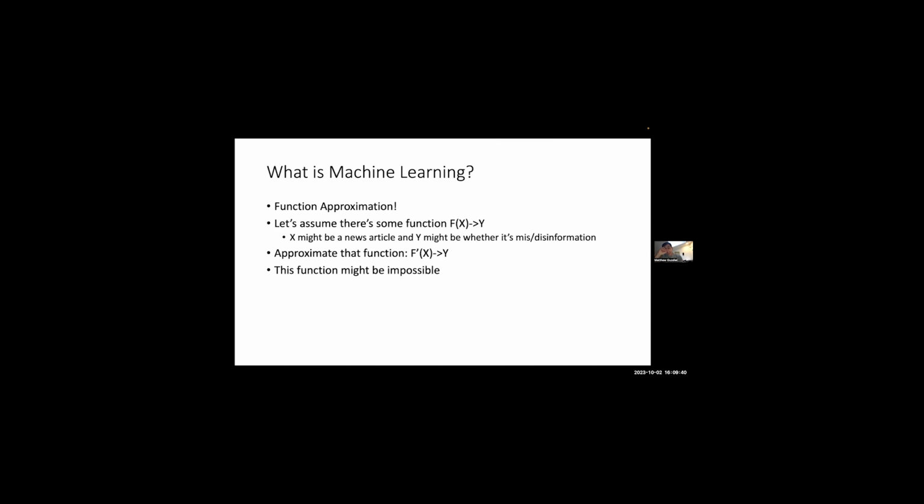And notably, this function that we want might be impossible. It may not actually be possible for us to do this. Like all the OpenAI people who are attempting to get AGI by putting in a question mark and getting out AGI, artificial general intelligence. But if this function is possible, or can be reasonably approximated, so we can't get the actual function we want, but we can get something close, then we can learn it.